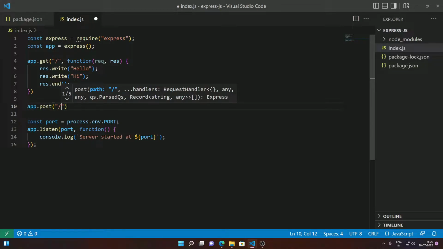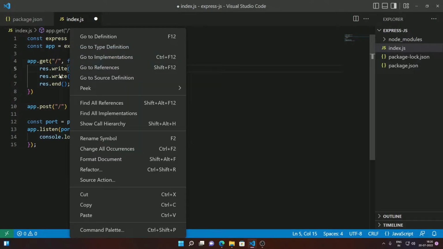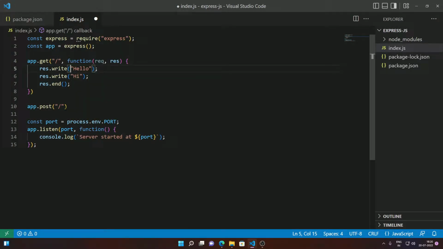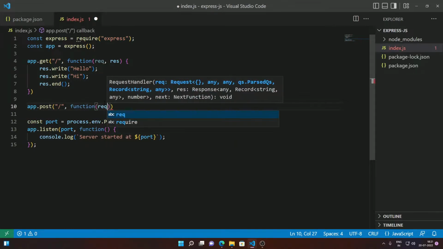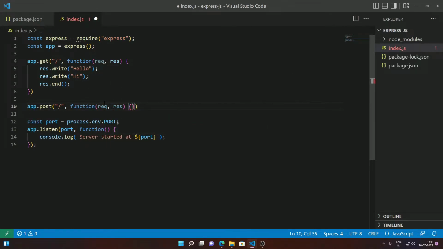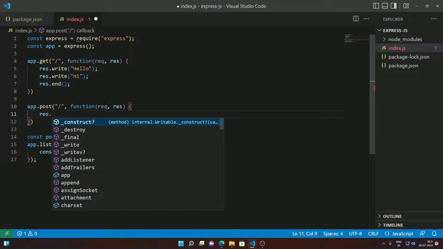On any single route you can create several different endpoints for every single HTTP verb that is out there. On the very same route, that is the slash route, the default route, we can have a get handler and a post handler. Whenever you issue a get request, this request will be handled by this particular function, and when you do a post request, it will be handled by this post function. Now we are going to write a function. This is again the same. I've explained the req and res objects. So again you can do something like res.send